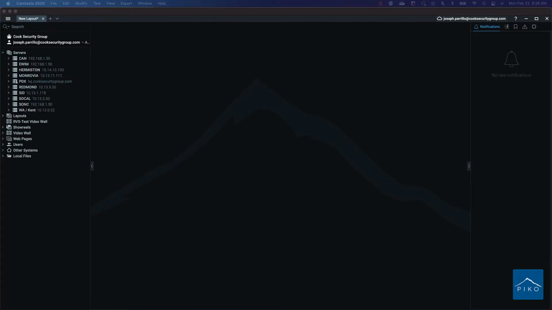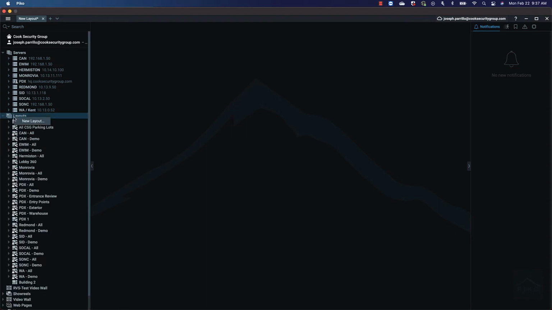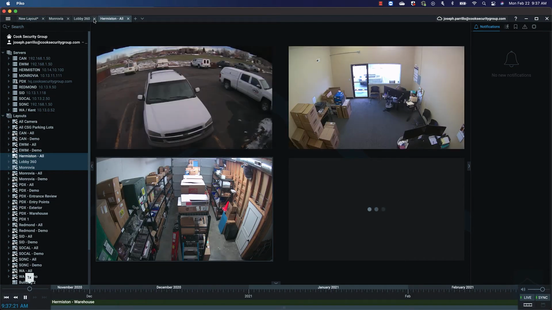In today's tutorial, I'm going to show you how to upload a sample building PDF CAD drawing and overlay cameras on top of that CAD drawing. So what you'll need to do is you can do it one of a couple different ways. You can right click on layouts, and from there go new layout. You can drag a couple of cameras over, so if I wanted to drag a couple cameras, save that layout,